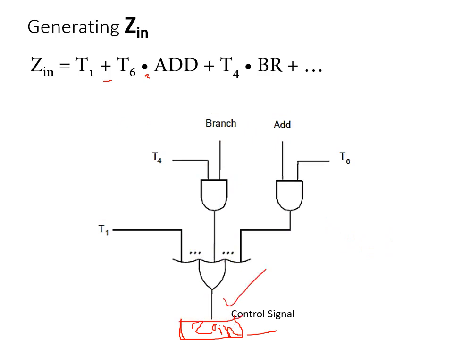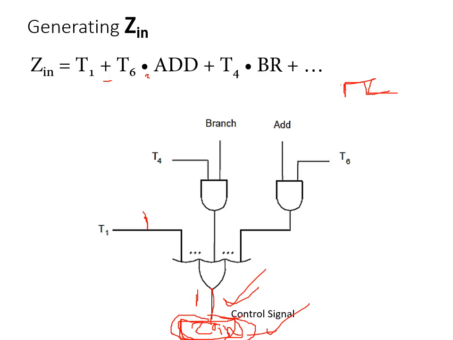And what happens is that the signal directly connects to the ZIN circuit, which is responsible to practically, electronically, physically execute ZIN. Means go to the Z register, open the gate, allow the ALU output to enter the Z register. See, when the first clock cycle is running, it doesn't matter which instruction, it becomes 1. So the output of OR becomes 1. So during the first clock cycle, ZIN activates, means that the circuit goes to the Z register, opens the gate, allows the ALU output to enter Z.